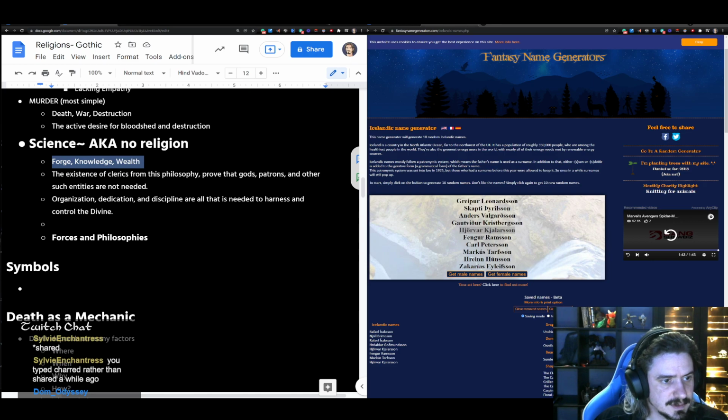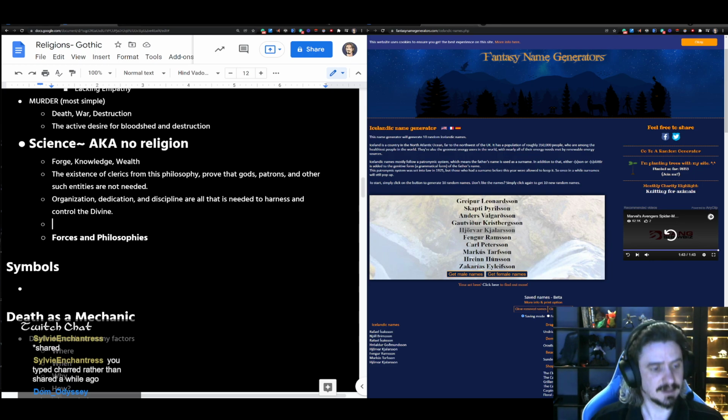Forge cleric, knowledge cleric, and wealth cleric. Yeah, that sounds about right. Organization, dedication, discipline are all that's needed to harness and control the divine. Alright. Let's see. Clerics